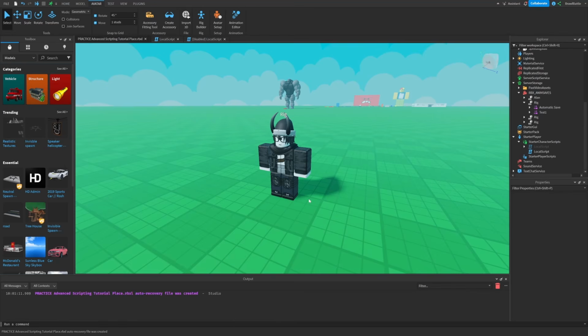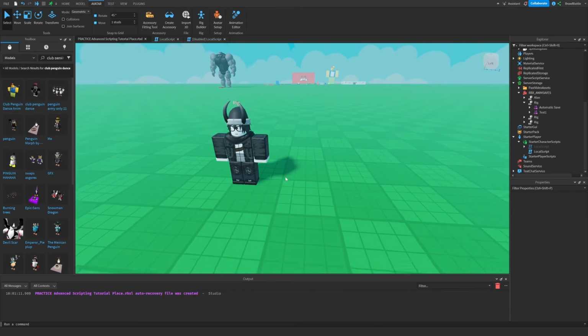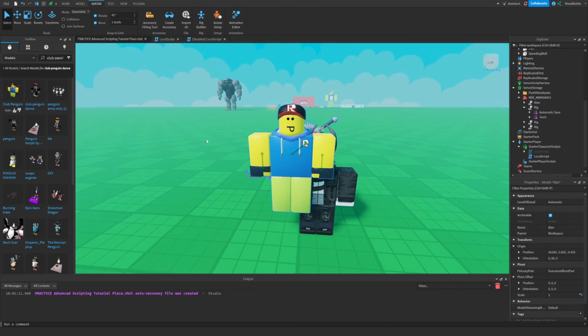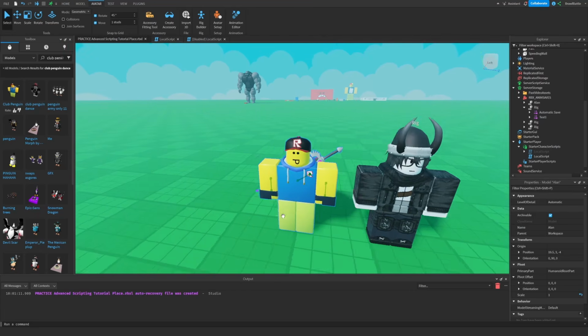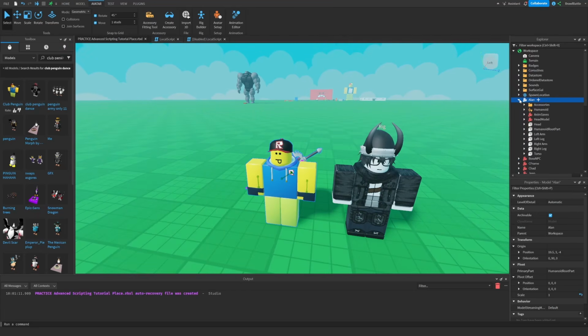So I'm going to show you an example of what this looks like. I'm going to go to the toolbox and I'm going to search up something like Club Penguin Dance. And then there should be this animation right here with this rig. So I'm going to open up this character. And there should be something here called anim saves that basically saved all of the animations that are within this